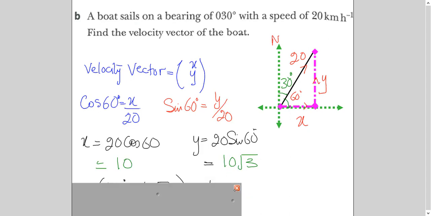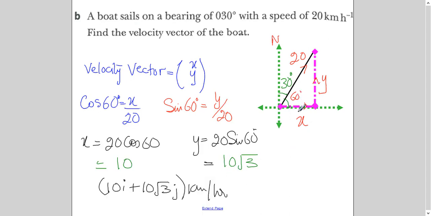Again, I will apply trigonometric ratio to find out the value of x and value of y, which will give me the velocity vector of the particle which is traveling on a bearing of 30 degrees with a speed of 20 km/h. Right? I hope it is clear. And please write the exact value. Do not write decimals because it may be used later on, so it will affect the answer in your actual problem.